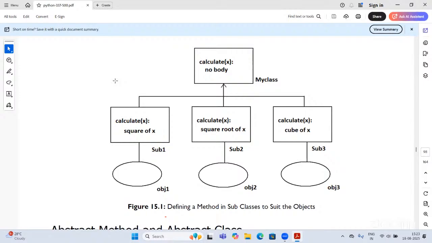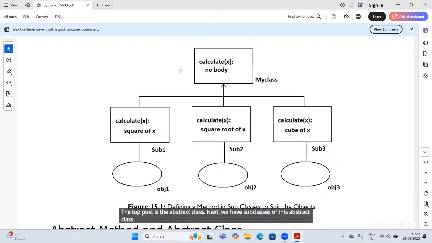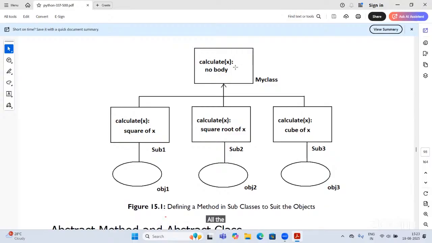The topmost is the abstract class. Next, we have subclasses of this abstract class. All the classes have the calculate method. This is the most generalized one. These three are the specific ones.